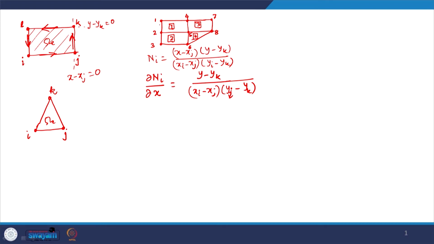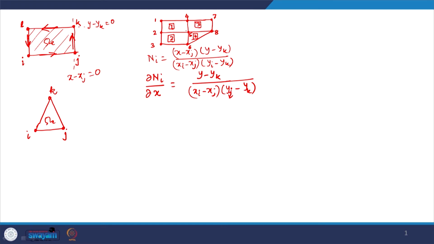So, Neumann boundary condition does not apply here. So, there will be a reaction. So, those reactions are unknown, and this is of course traction free. So, boundary 4 1 which corresponds to K L, which coincides with the problem boundary, the original boundary of the original domain. So, we only need to evaluate the boundary along this edge 4 1, right.